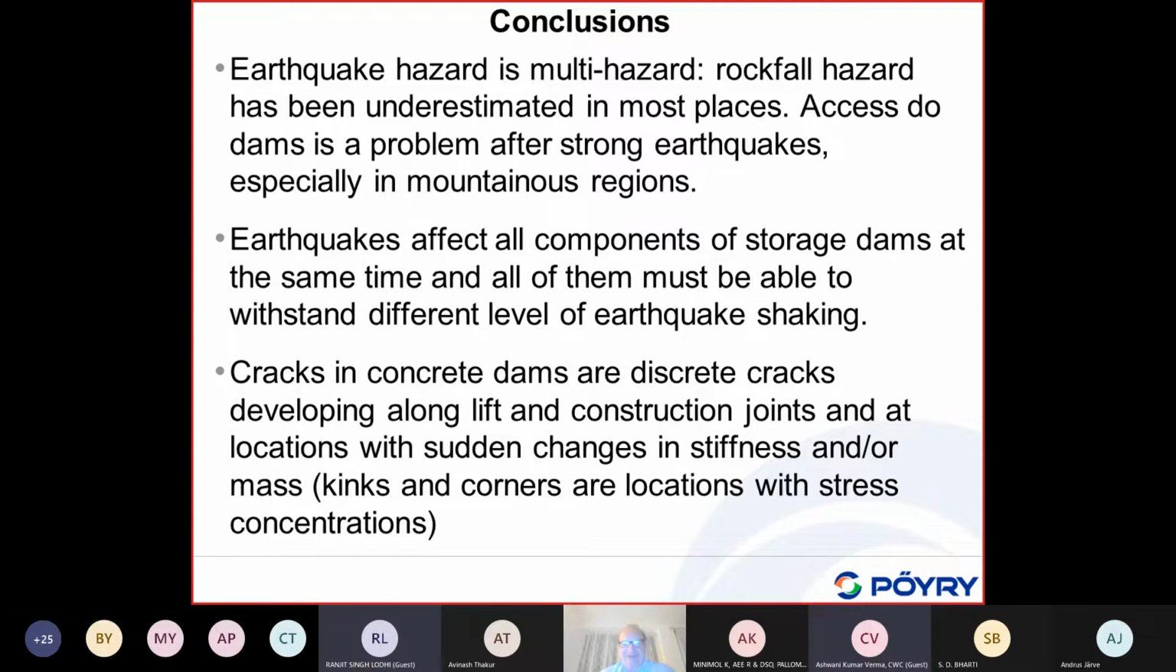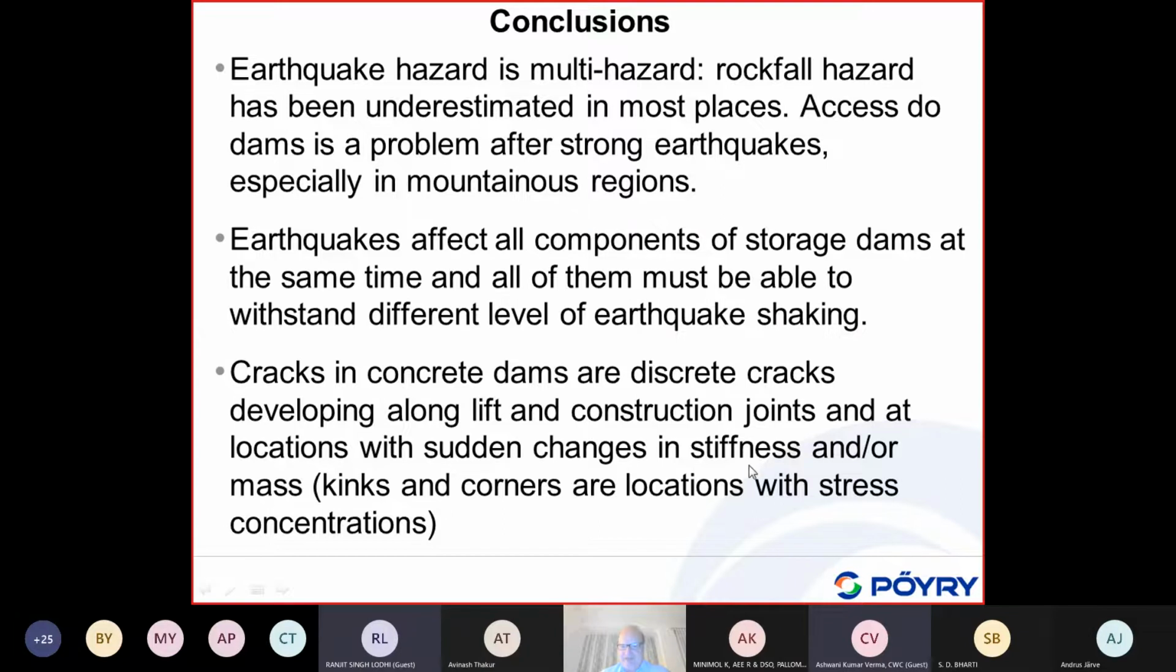They are not smeared cracks. Okay, let me say, in research people like to work on damage models. That means distributed cracks, smeared cracks. But in reality, you have discrete cracks and they are developing along lift and construction joints. And basically, if you want to really model it more accurately, you would have to model also these lift joints and contraction joints. Okay, and there are some problems we have seen, which we know already from the theory, that